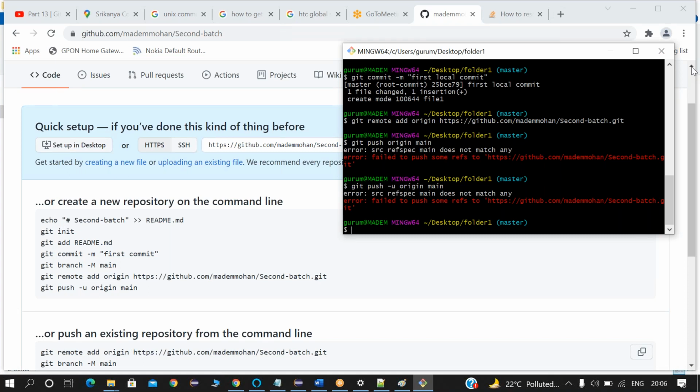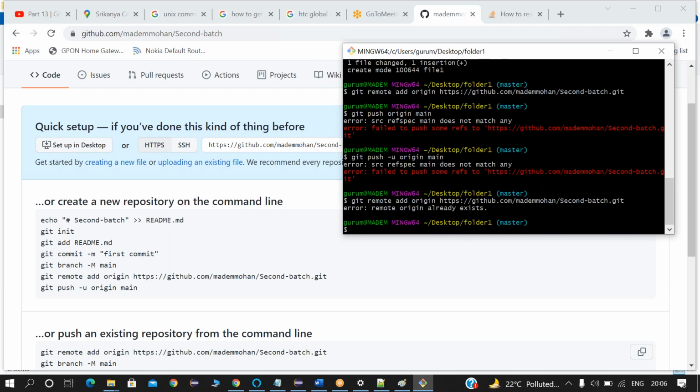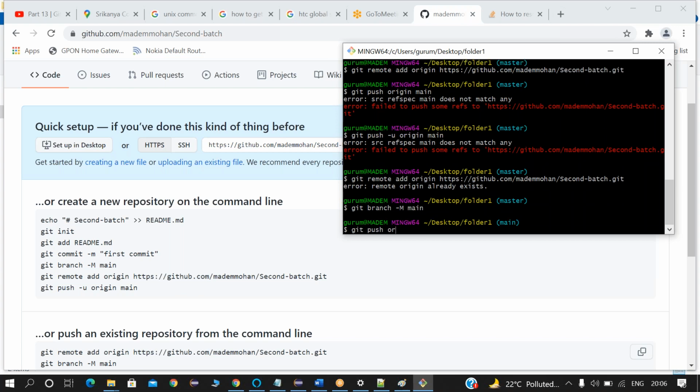Git remote add origin. See, git remote add origin origin. Next, it shows already exist. Yeah, already exist. We already connected with the remote repository. Then we need to, okay, I'll take one branch. Maybe git branch -m main. Now see, git push